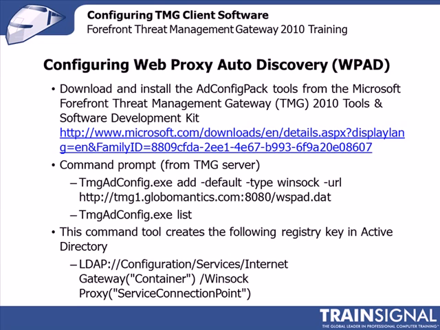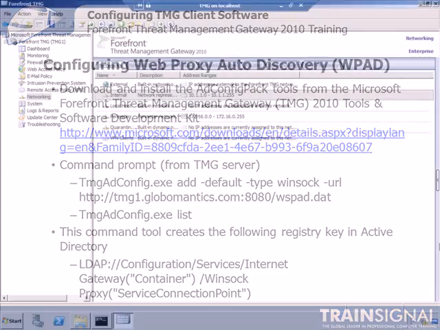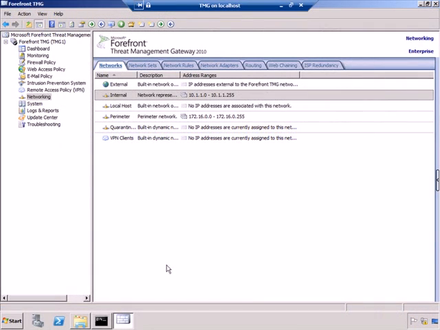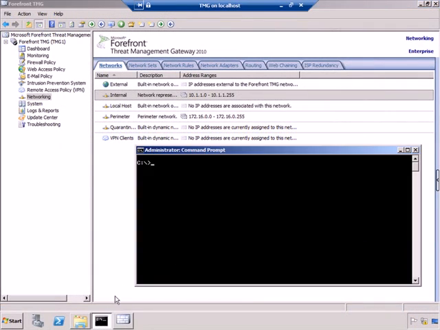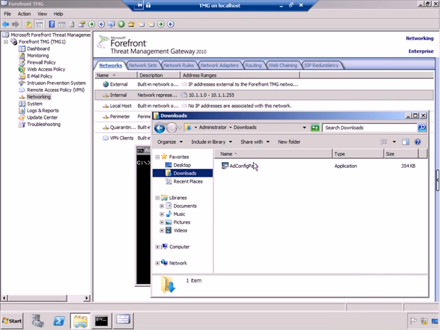So we're going to go over to the Threat Management Gateway system for Global Mantics, and we're going to download and install the AD Config Pack. We're actually just going to install it because it's already downloaded. Then we're going to run these commands to make sure that we get the web proxy auto configuration in place. We're back over at the Threat Management Gateway system, and I've already downloaded the AD config pack tool